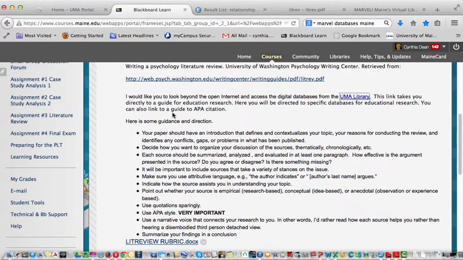All right, so here's some guidance for you. Your paper should have an introduction that defines and contextualizes your topic, your reasons for conducting the review, and identifies any conflicts, gaps, or problems in what has been published. So this is your introduction. Decide how you want to organize your discussion of the sources, thematically, chronologically, or some other way. I do want to see some organization. Each source should be summarized, analyzed, and evaluated in at least one paragraph, and often will need more,